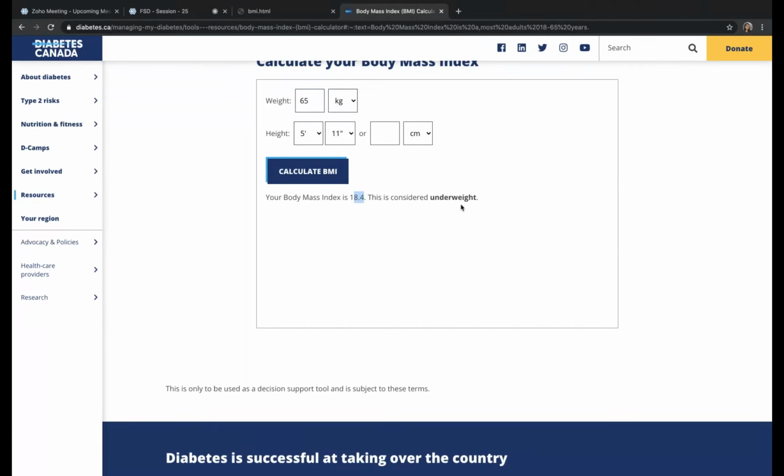If I'm 5 feet 11 inches and my weight is 60, it is underweight. If I'm 65 kgs and my height is 5 feet 11 inches, then my body mass index is 20, and this is considered normal.